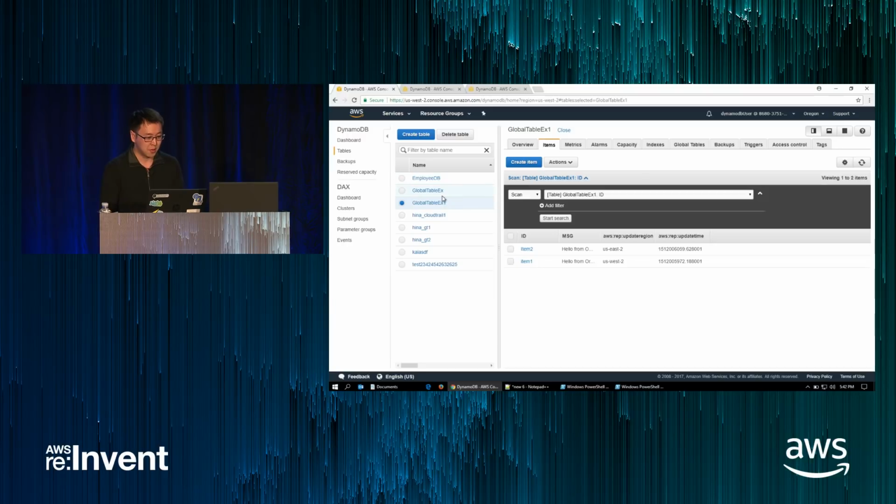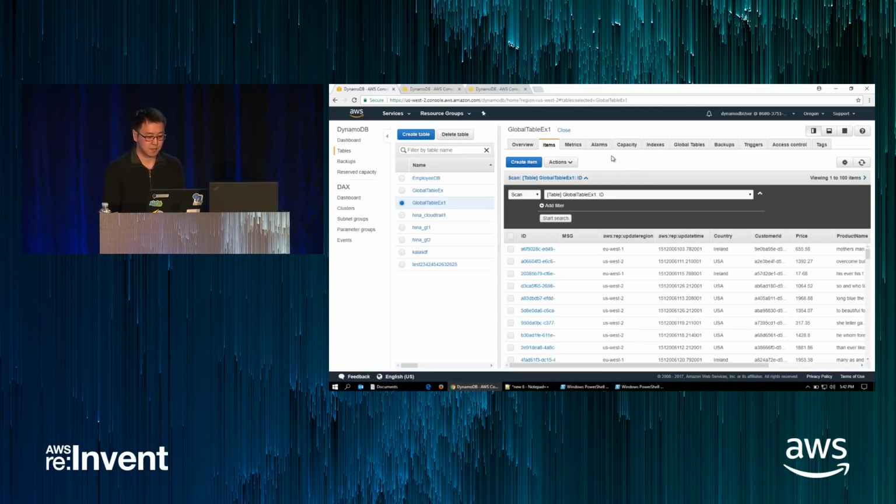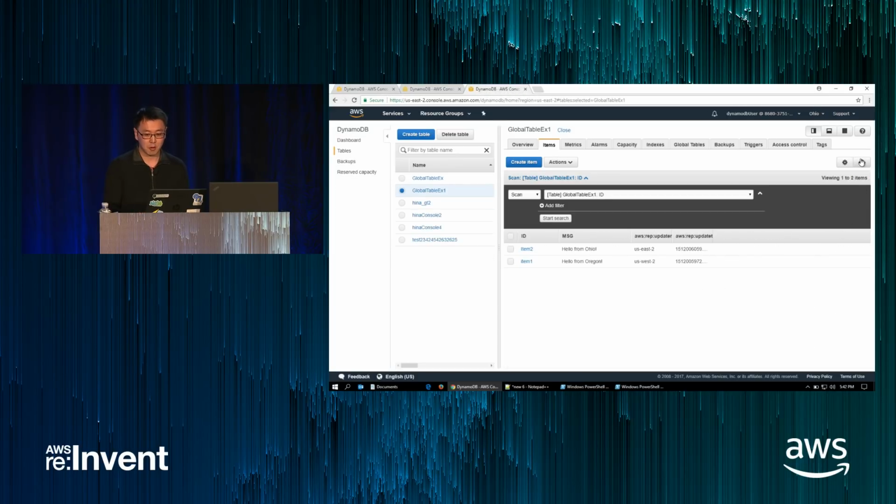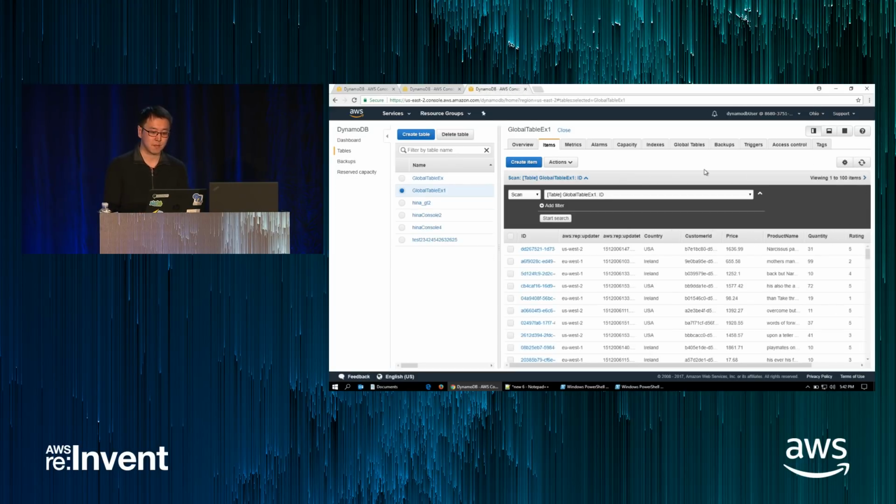And now let's go to the Oregon table. And we'll refresh. And you can see now that there's all these transactions coming in, and they're coming from multiple places. Some are being written in the US to this table, and others are being written from Ireland that are getting replicated over. And if we go, for example, to the Ohio table, which is a passive participant in this, it wasn't doing any of the writes. We refresh here, and we see that all of these writes have been replicated from Dublin and from Oregon into Ohio. So that's global tables for you.